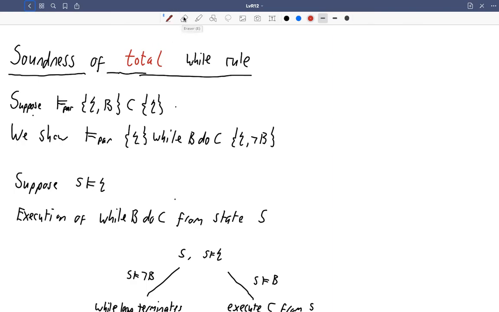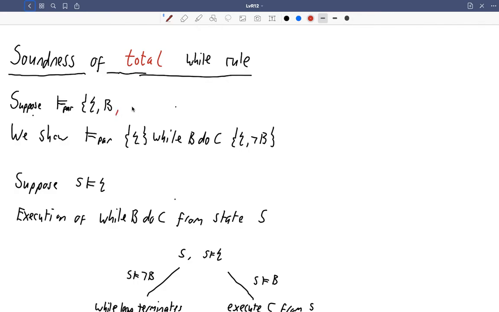So the premise of the rule is still that C preserves the invariant if it starts off in a state in which the invariant holds and the test for the while loop holds. But we also have